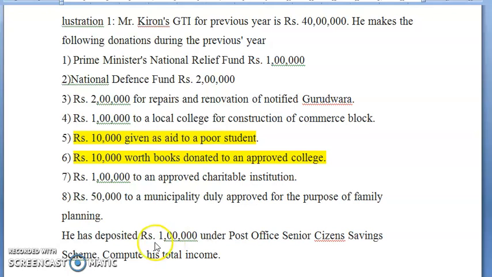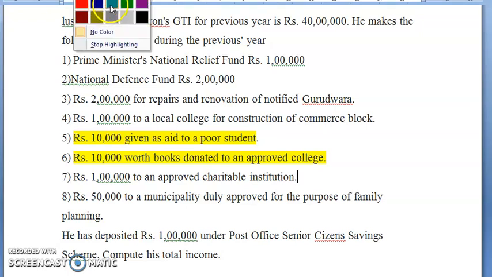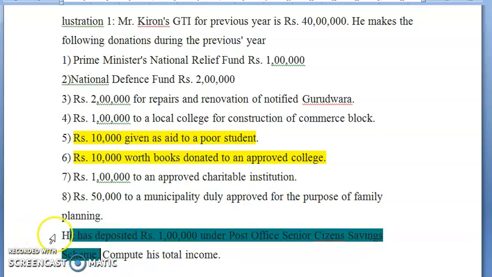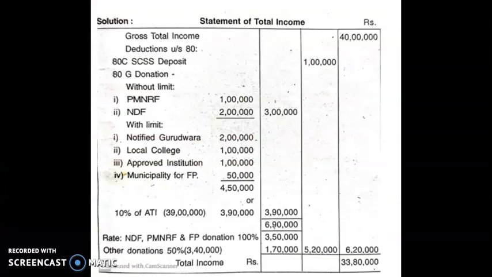So it will come under 80C. This item will come under 80C. We'll highlight it with some other color so that we can remember it later. So it is a scheme. It will come under 80C. As I told, it will come under 80C. So what is asked, we have to calculate is total income. Gross total income is given for this particular question. Yes, this is a solution which is available with us.